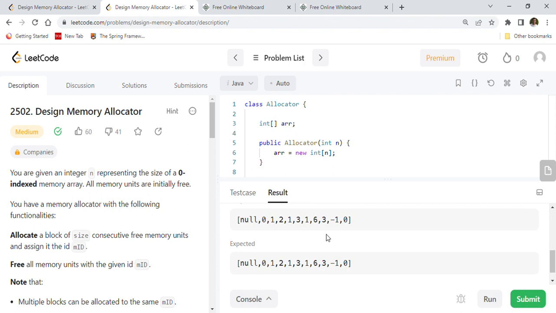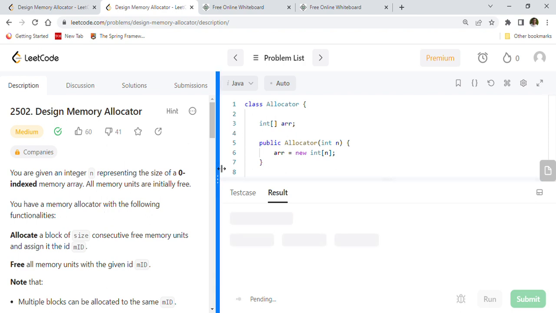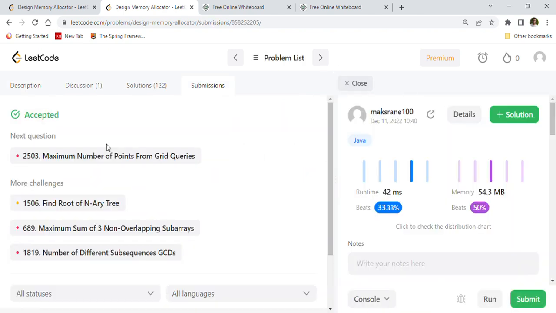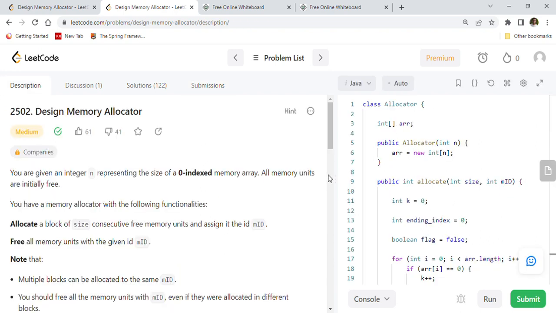As you can see, our output and the expected output are matching correctly. So we'll just go ahead, submit this code to Leetcode, and make sure it gets accepted. As you can see, the code is successfully accepted by Leetcode. It is 33% faster on the performance side and 50% faster on the memory usage. So I hope you understood this array based implementation of how to design a memory allocator, a Leetcode 2502 medium complexity